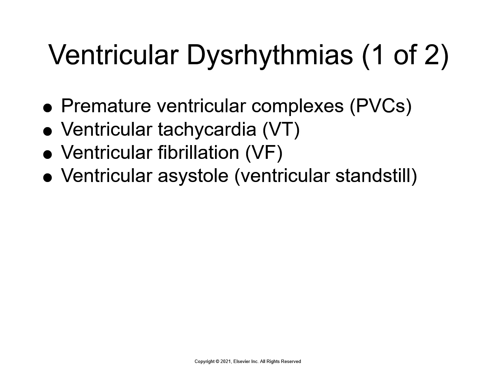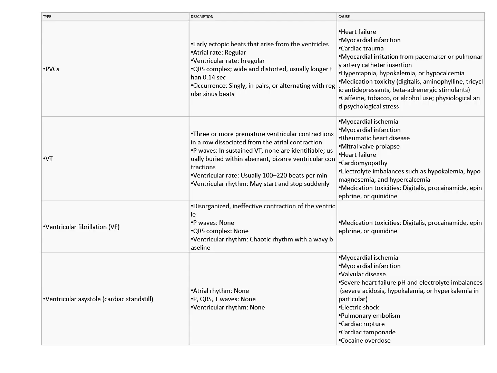So these are pretty significant factors. I have a table here that will tell you about the PVCs, the VTAC, VFib, and standstill. So if you want to look at these,